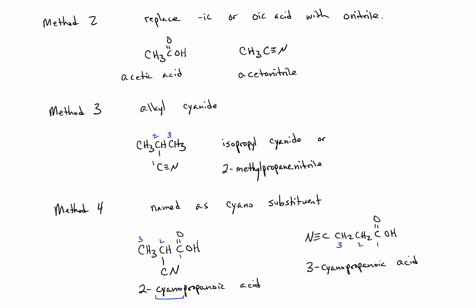So the take home here is really that if you use the cyano as a portion of the name, you do not also include that carbon in the root name. When you're naming as either a cyano or a cyanide, the C of the CN group is accounted for in the cyano or cyanide name. It is not part of the root. So in this video, we've learned how to name carboxylic acids and nitriles.